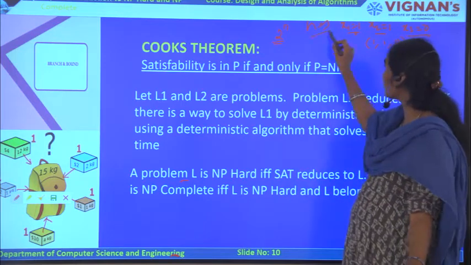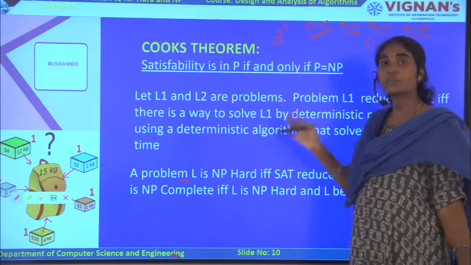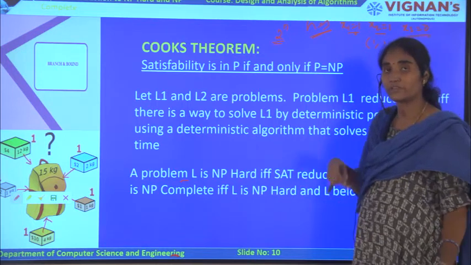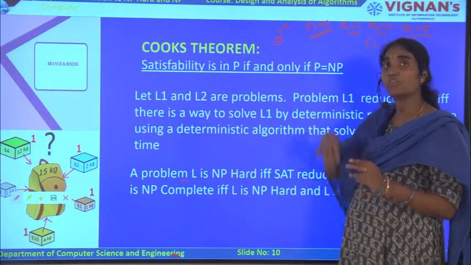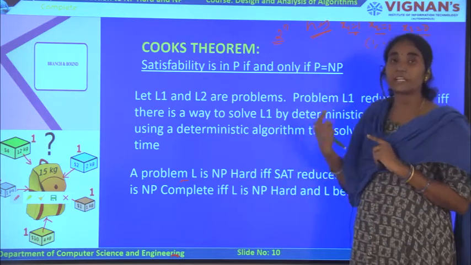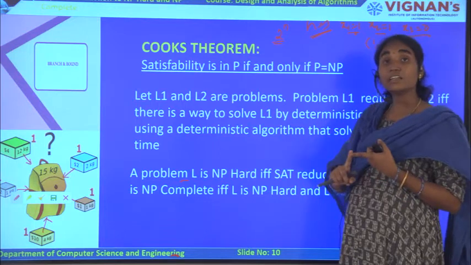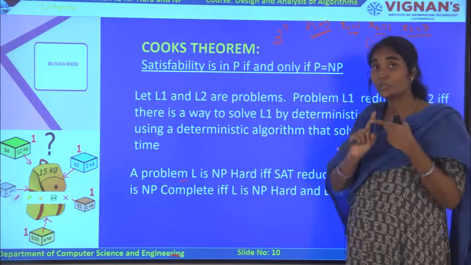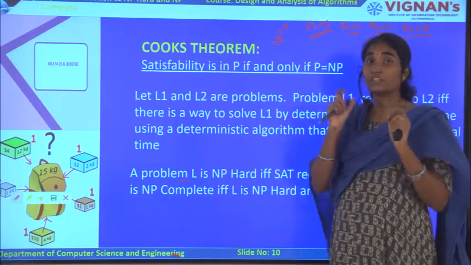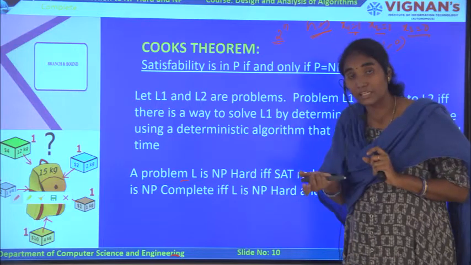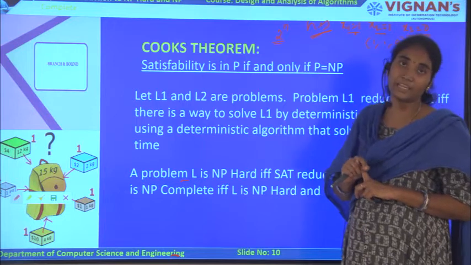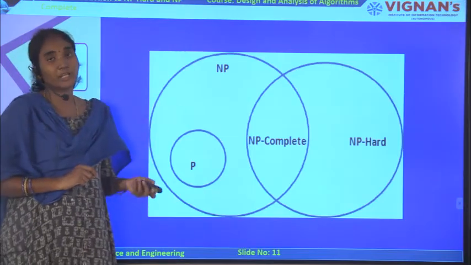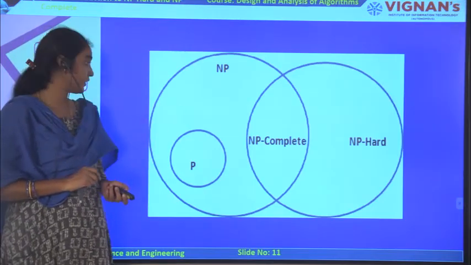Here n is equal to 3 items, so we will have 8 combinations, 2 cube. x1 is equal to 0, x2 is equal to 0, x3 is equal to 0 is one combination. Out of 8 combinations you will get any one as true, whichever tuple is satisfying the maximization function criteria, that is, maximize summation PiXi. And this is the relation between all P, NP, NP complete and NP hard.